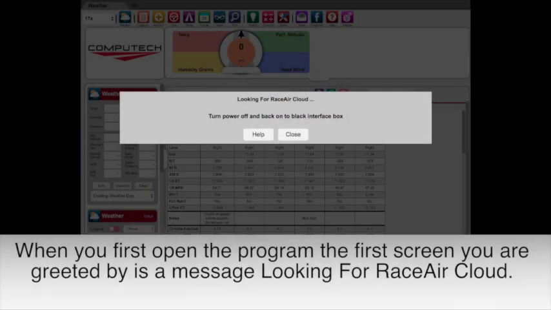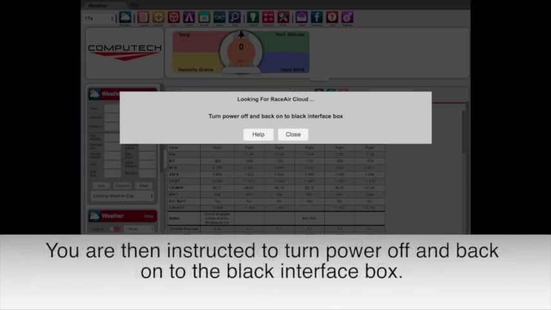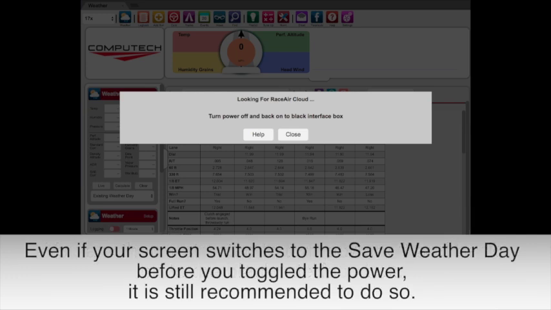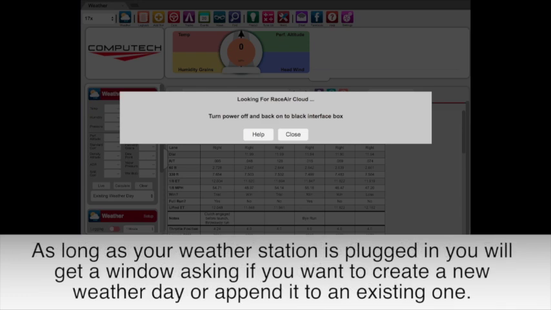When you first open the program, the first screen you are greeted by is a message looking for Race Cloud. You are then instructed to turn power off and back on to the black interface box. Even if your screen switches to the Save Weather Day before you toggle the power, it is still recommended to do so. As long as your weather station is plugged in, you will get a window asking if you want